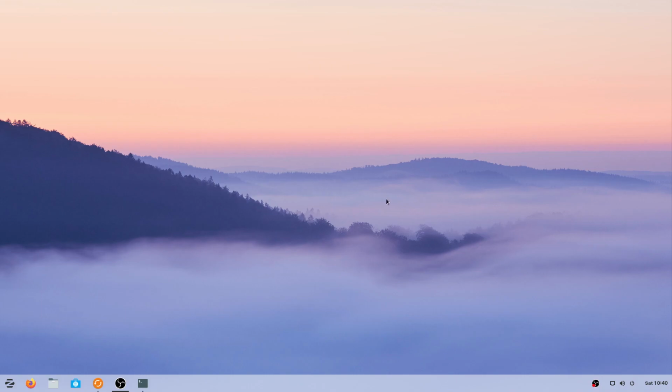Now I'm going to show you what is so special about Zorin, and this is one of the paid, I think one of the only paid Linux distributions out there. I'm not very sure which others there are, but today I'm going to show you about Zorin OS, how to set it up and how to begin with.